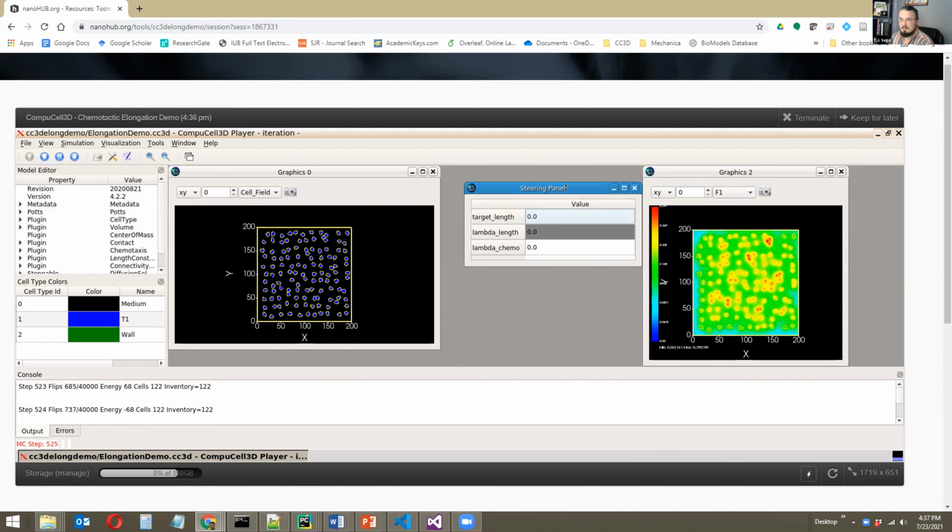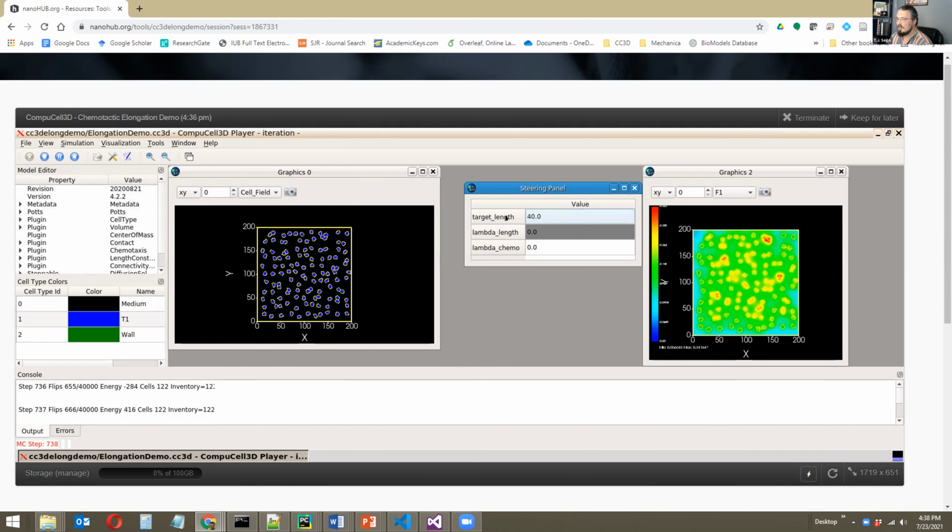So these just get written in Python as well if you'd like to make these things available, or say do parameter variations on the fly. In this case, these affect the model mechanisms of cell elongation and chemotaxis. So in the first model for elongation, there are 2 parameters, one being some length constraint along the primary axis of each individual cell. I'm going to turn that all the way up.